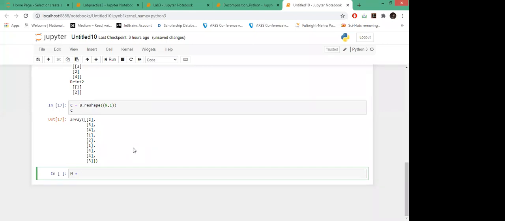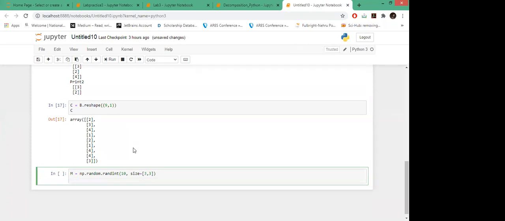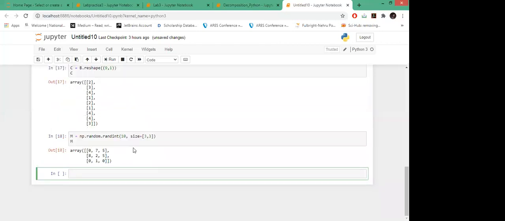I'm defining this M matrix as a 3 cross 3 matrix, and this matrix will have integers from 0 to 9. Okay, so this is our M.